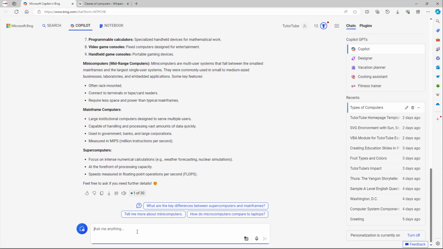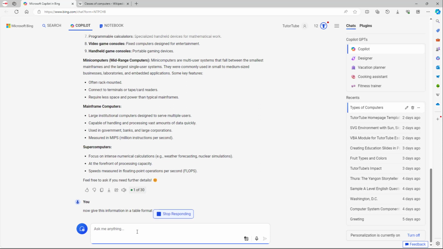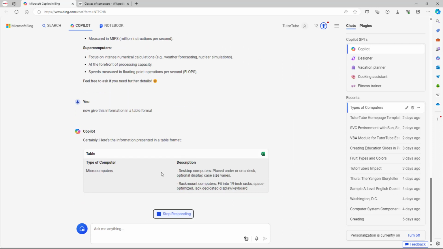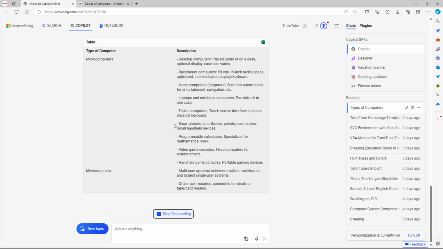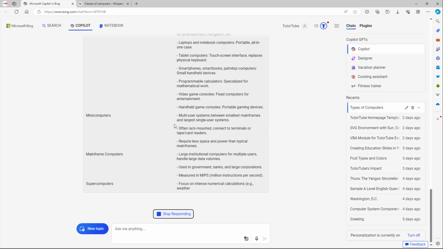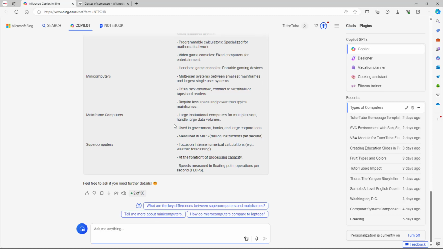You can also say, now give this information in a table format, just like this. So let's just do that and press enter, and now what happens is that it gives it out in table format, as you can see right here just like this. So this is how you can convert the type of information from one format to another easily